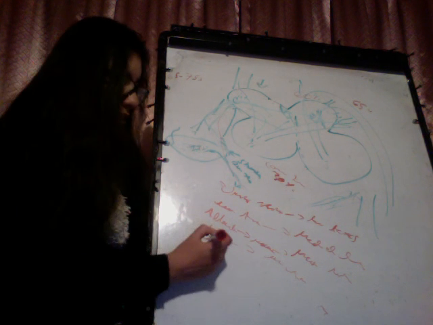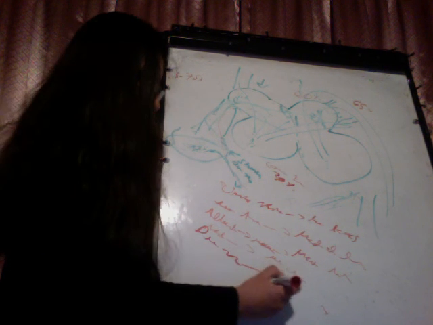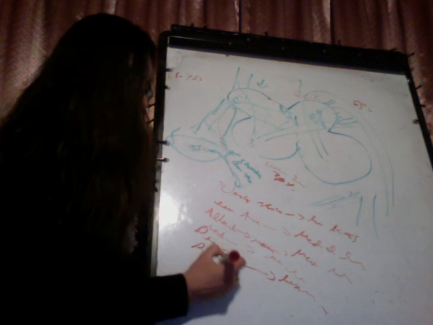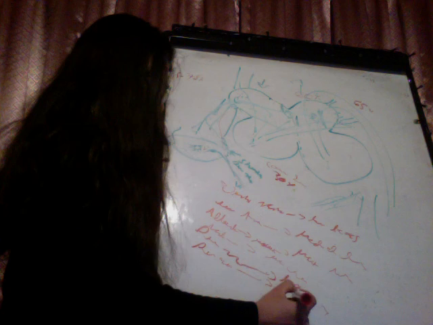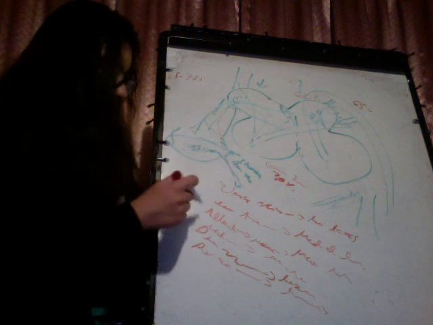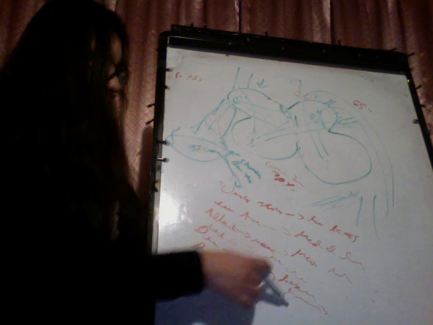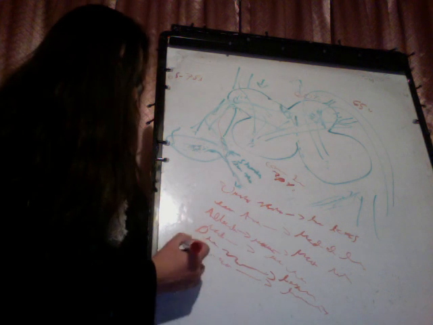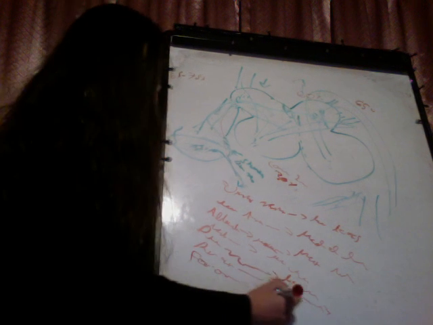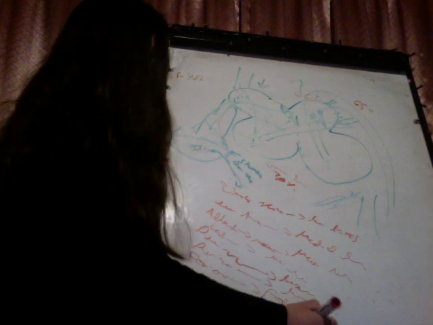The ductus venosum, the remnant is the ligamentum venosum. The ductus arteriosus converts into the ligamentum arteriosum. So ligamentum venosum, ligamentum arteriosum, and the foramen ovale is the fossa ovalis when it is